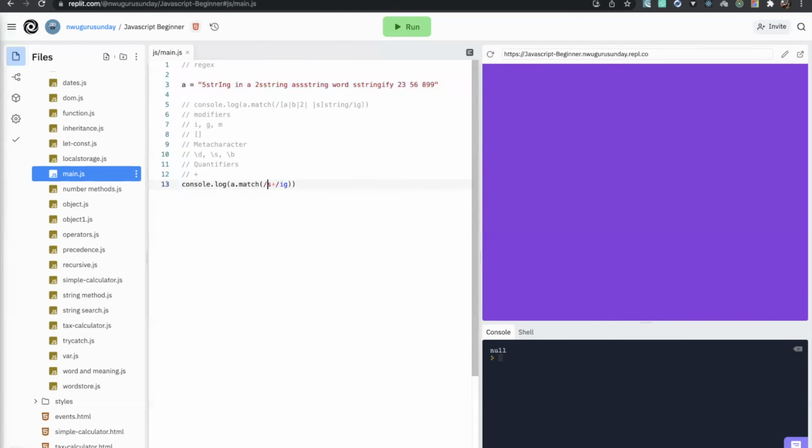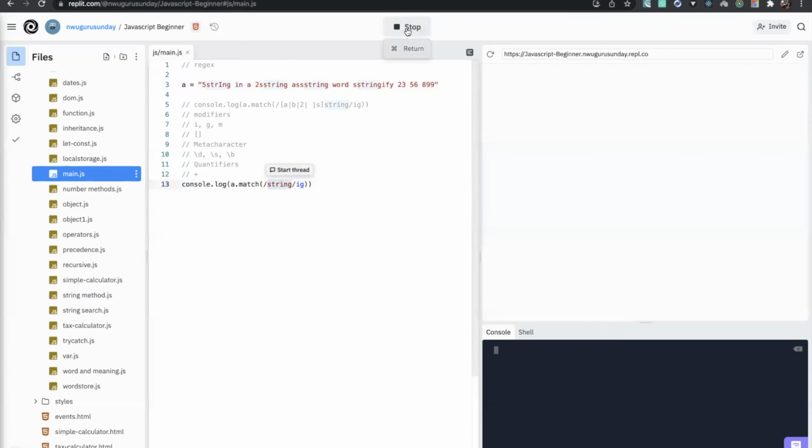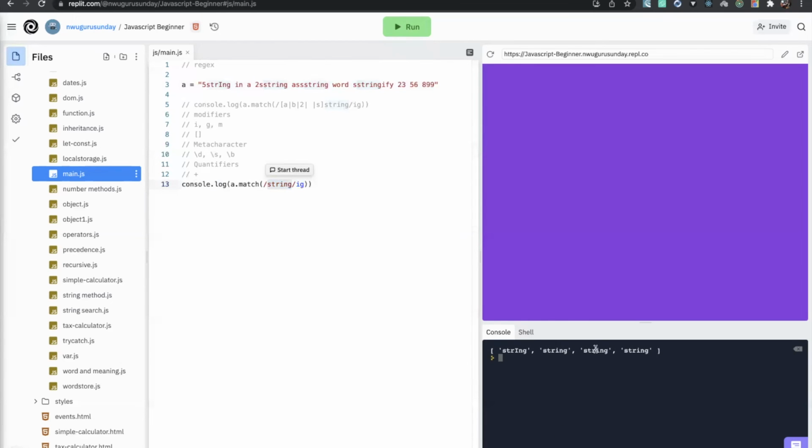So now, when we look for string, you see that this is string, all right? Without the plus, now, this is string, right? Now, if we run this, we have 1, 2, 3,